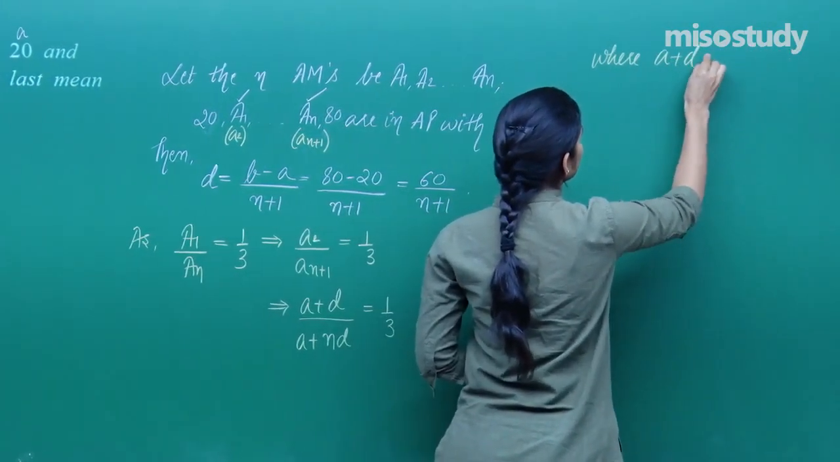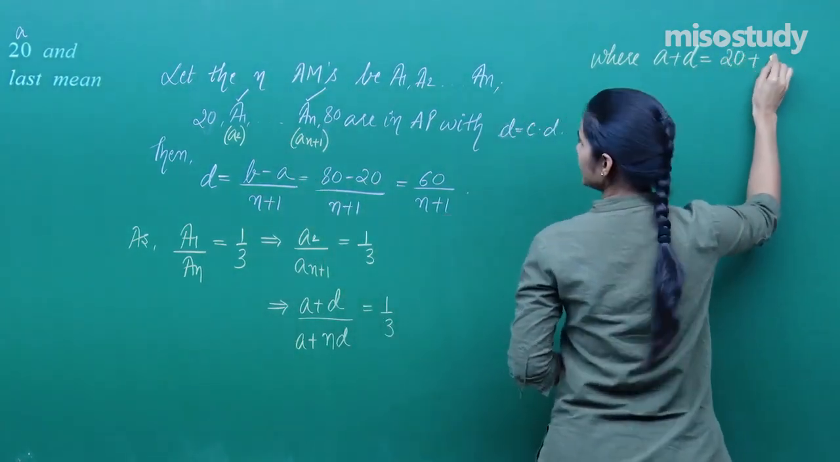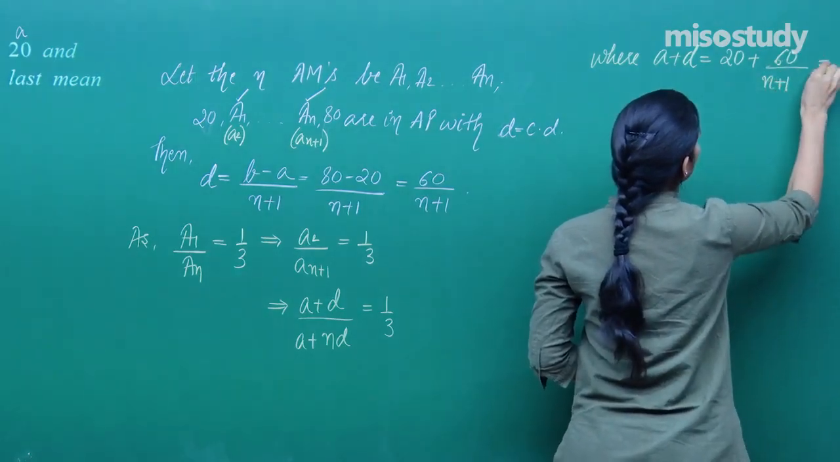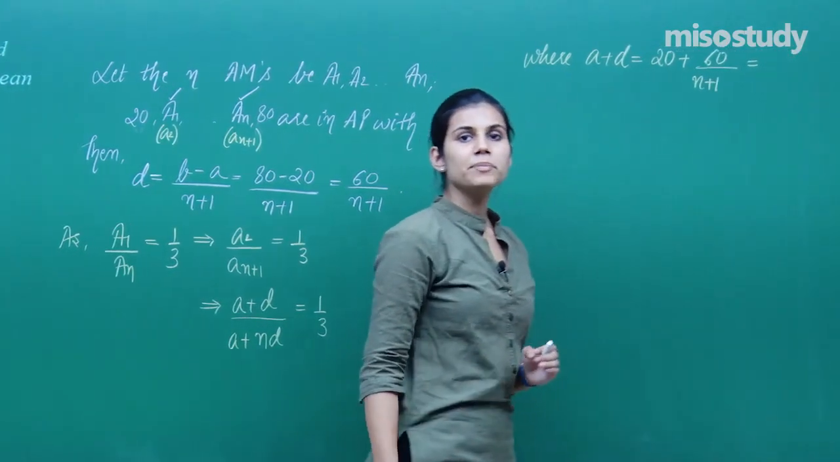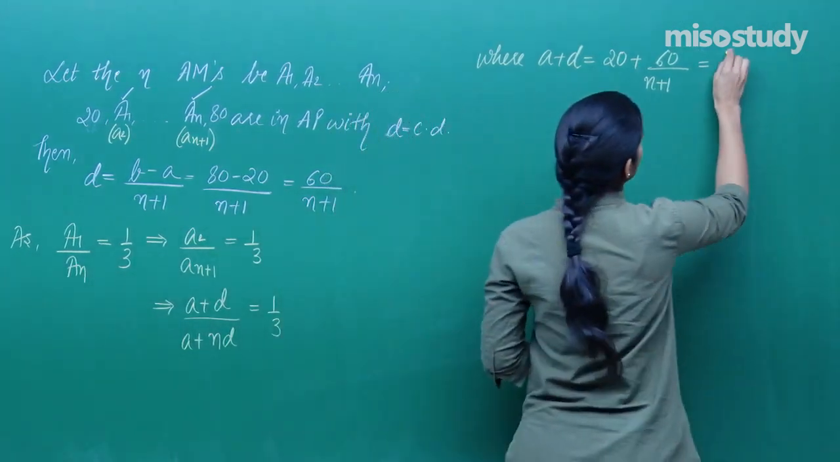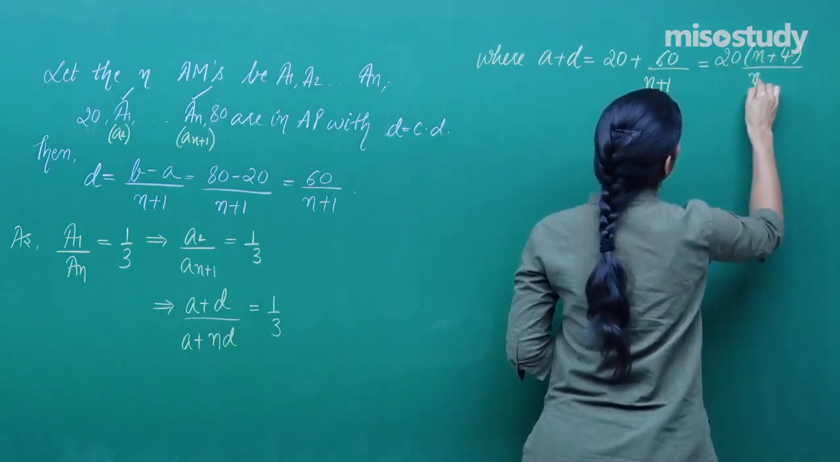A plus D, A is actually 20 and D is 60 upon n plus 1. So you will be having 20n plus 20 plus 60, that is 20n plus 80. So 20 common, n plus 4 upon n plus 1,